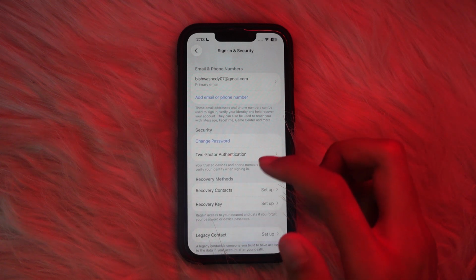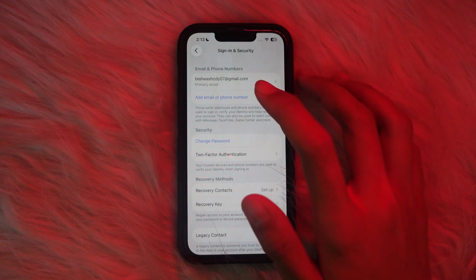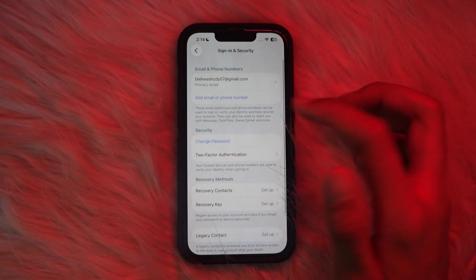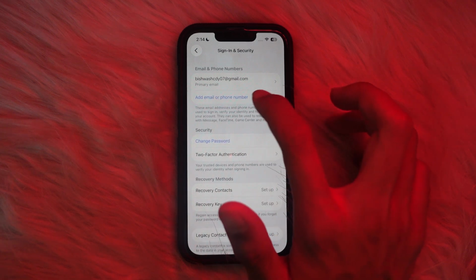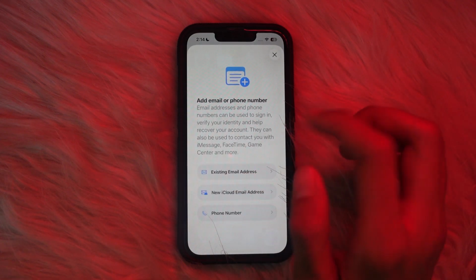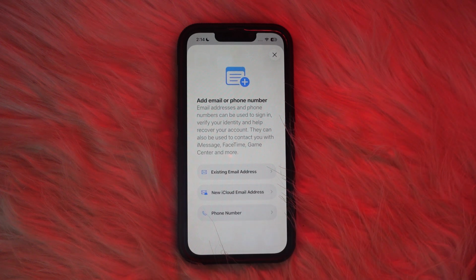Now we need to tap on Edit, that is basically next to your email, and after that just tap on Add Email or Phone Number. You need to add your email address or phone number right there, and then tap on the red minus button next to your current email and choose Delete, and follow the prompt to choose another